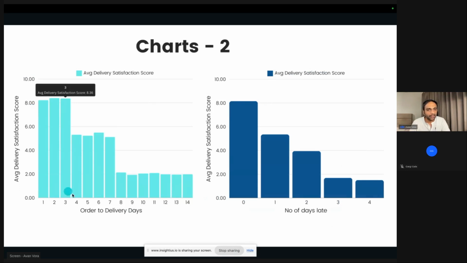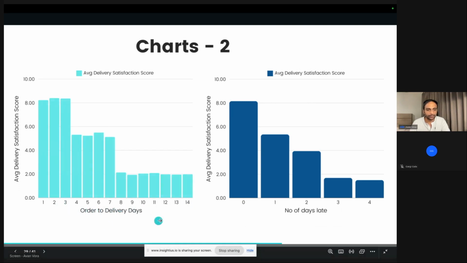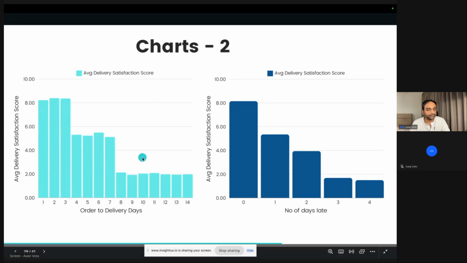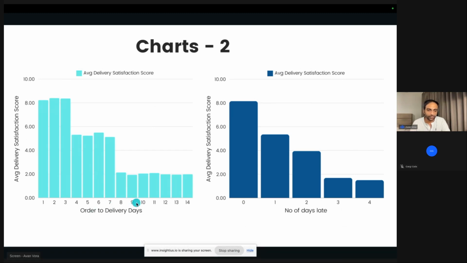Okay, left chart. Again, order to delivery days here, right? So basically, how many days it took to deliver the order. What's the satisfaction on the y axis? What do you see from here? Only the left chart. On x axis is number of days it took to deliver the item.